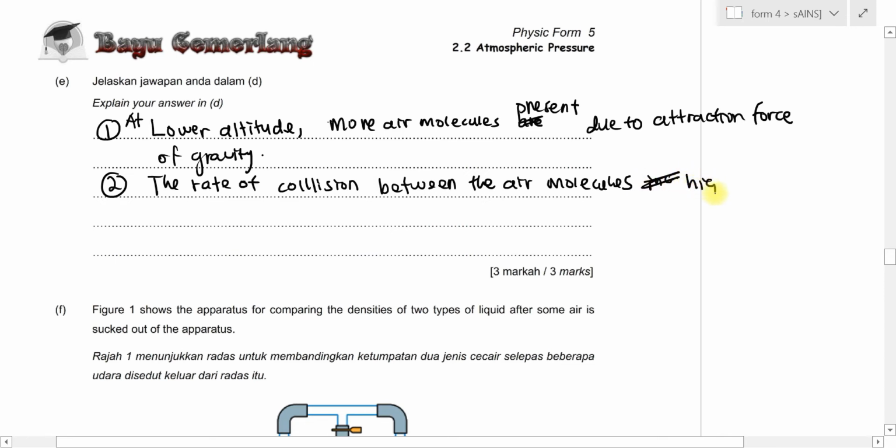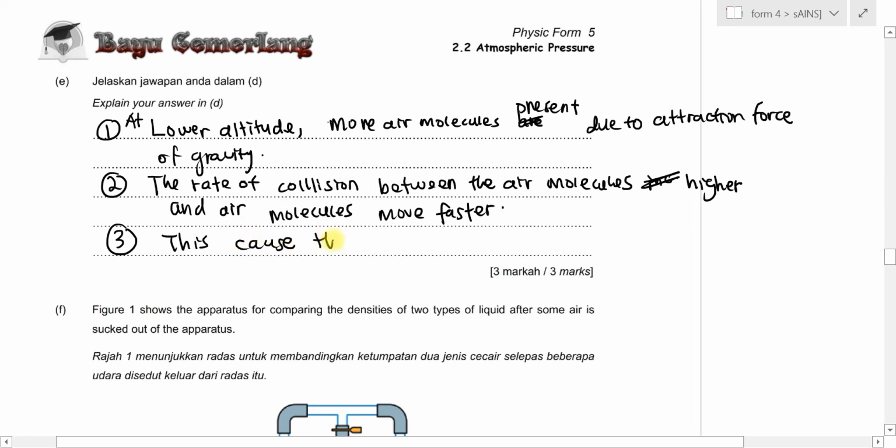Rate is higher, and air molecules move faster. This causes the atmospheric pressure is higher. Sometimes some books explain due to temperature and density of the air molecule also can, but that